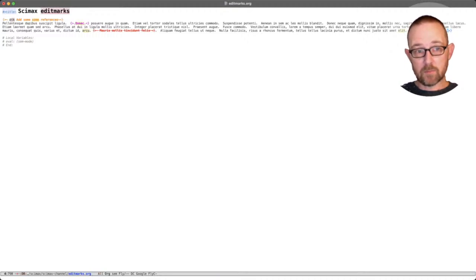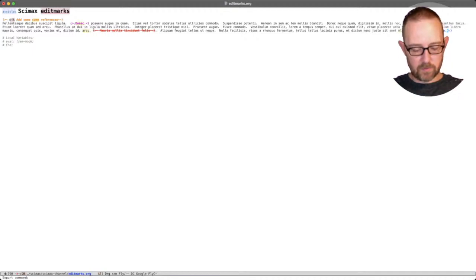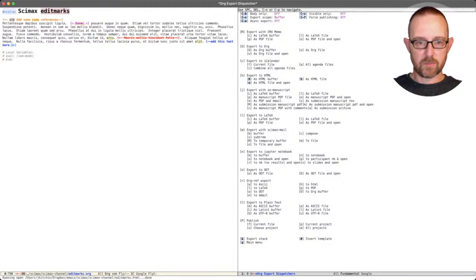org mode, but they're quite different. So these are not org elements. These are just extra syntax that I add into this. Now, one thing that's nice about these is that they are exportable. So if I turn this into HTML, for example,